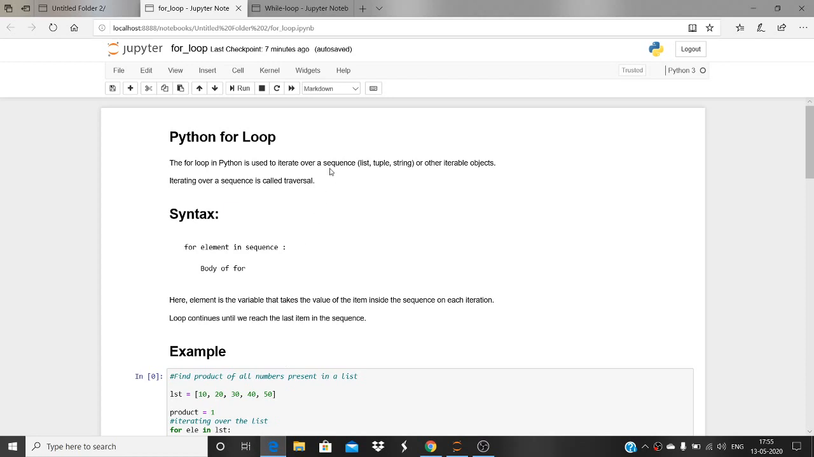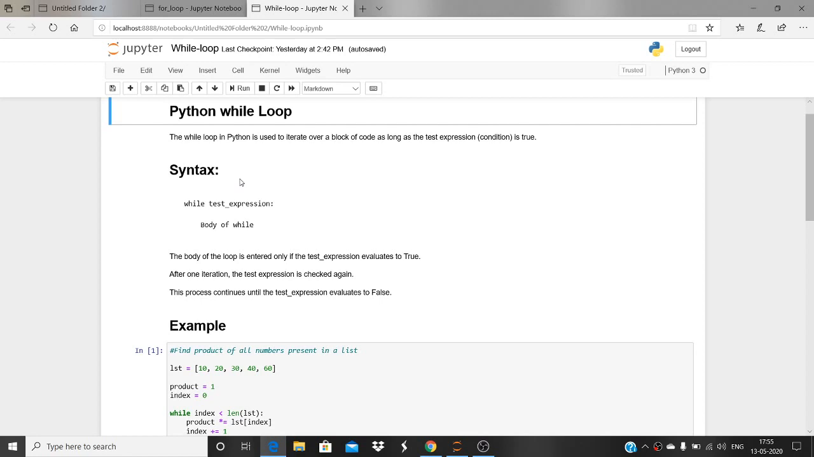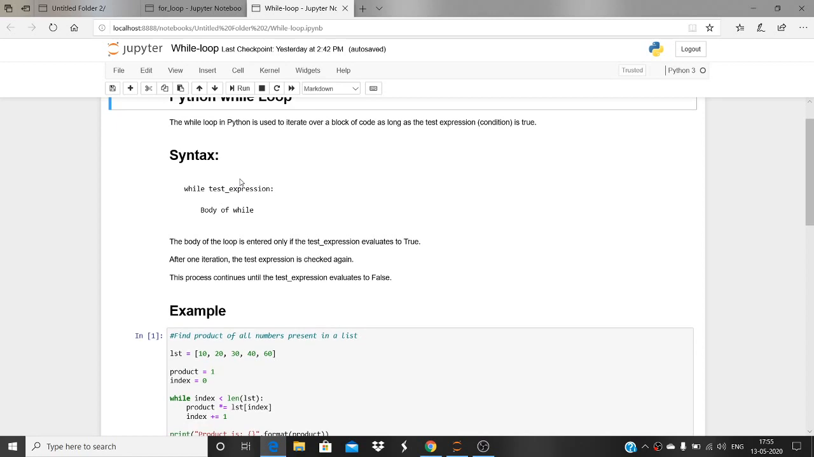But before that, I want to tell you something that I forgot to tell you yesterday about while loop. While loop is firstly used to print outcome multiple times or print a series of outcome. Okay,